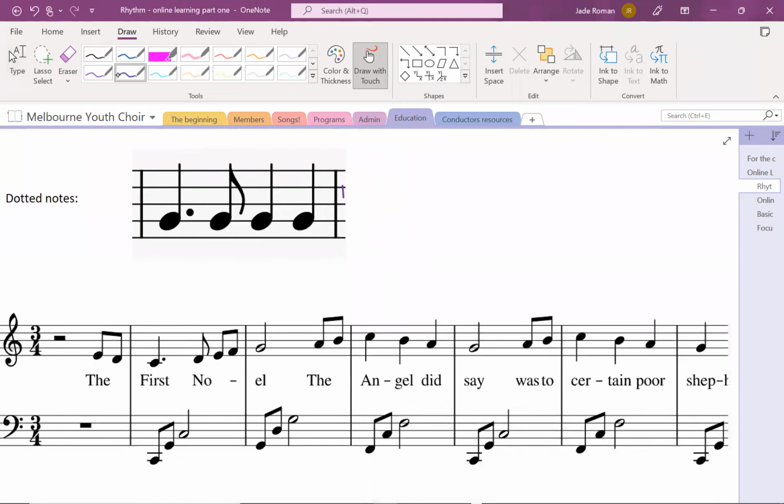The last thing that we're going to learn is a dotted note. So when you see the crotchet and it's got the dot next to it, I'll explain how that will sound. You can see the second half of this bar just has 2 crotchets, and we know that's the straight rhythm, just like 1, 2, 3, 4. But the first half, we can think of it like,